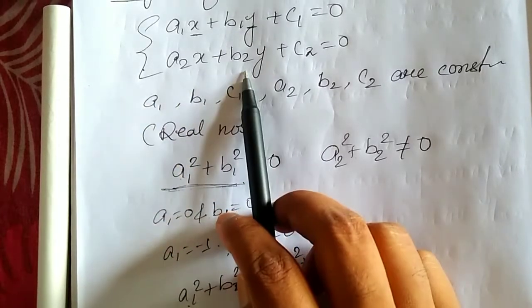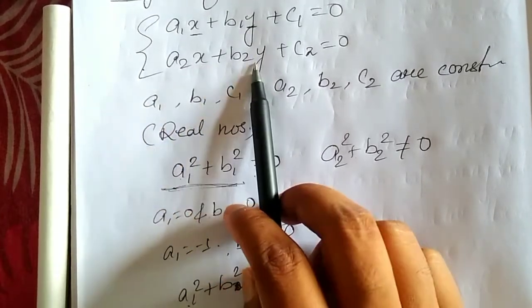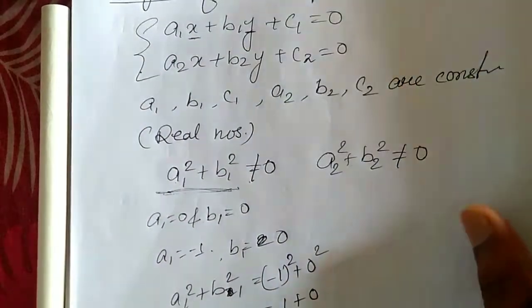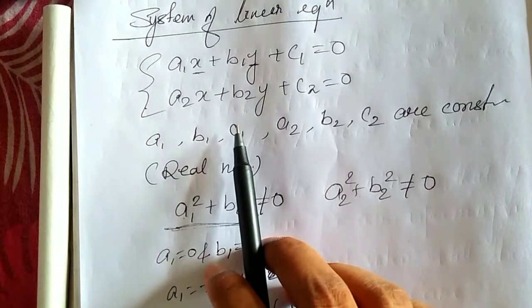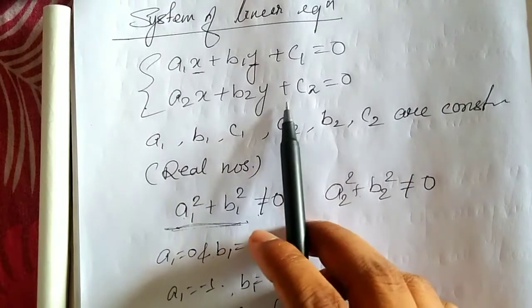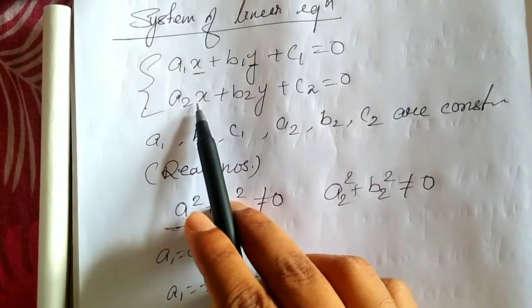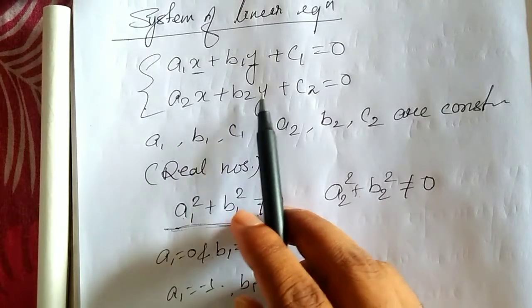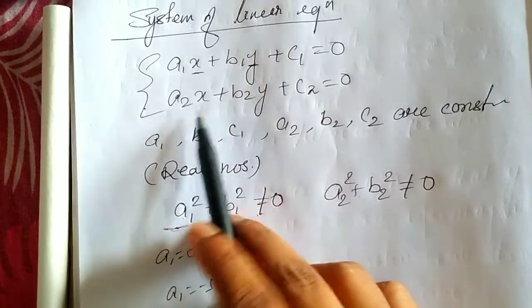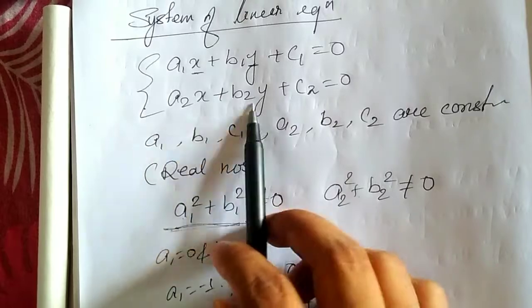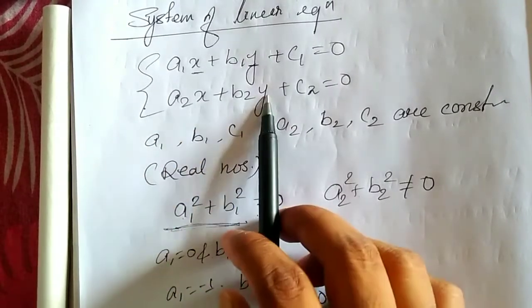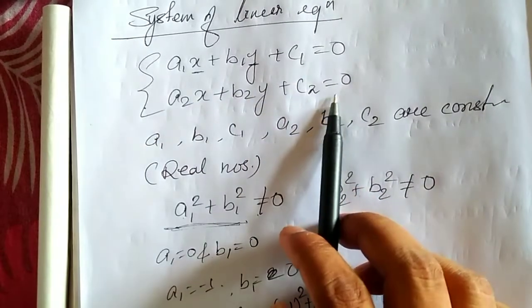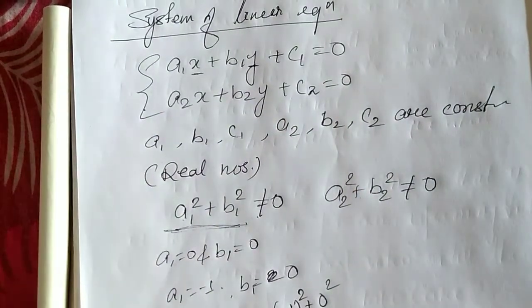See, if they are 0 together, both the variables will vanish, and in that case it will not be called a linear equation in two variables. It will not be a linear equation. If one of them is 0, the other one can manage. If this is 0, this will vanish and this can manage. But if both of them vanish, that is, if x and y both vanish, then this will no longer be a linear equation.